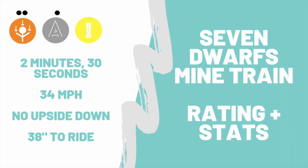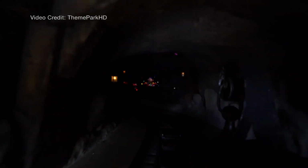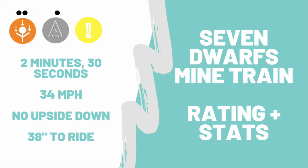We're labeling this ride orange with an animatronic crossing. This attraction also earns a spot as one of our perfect picks, so be sure to check it out if you're feeling up to the experience. If you want to learn more about how we rate these rides, be sure to check out our scoring breakdown video linked below. With a duration of only 2 minutes and 30 seconds, this ride has no upside-down portions and